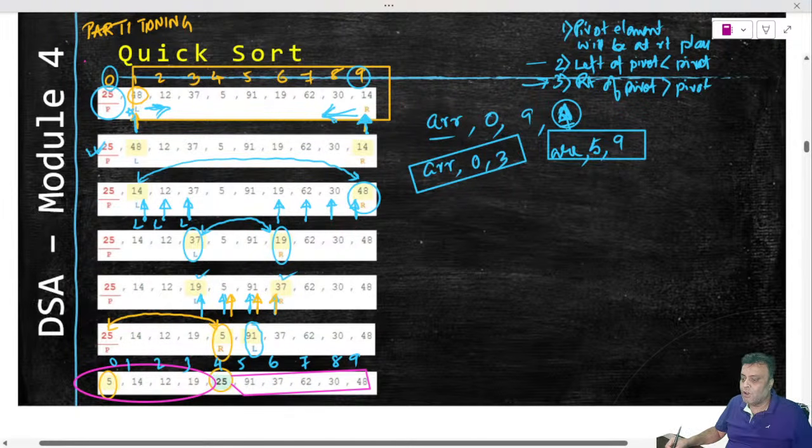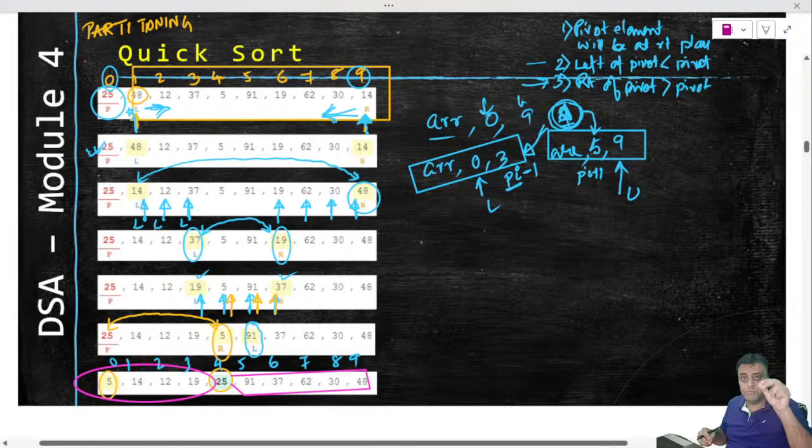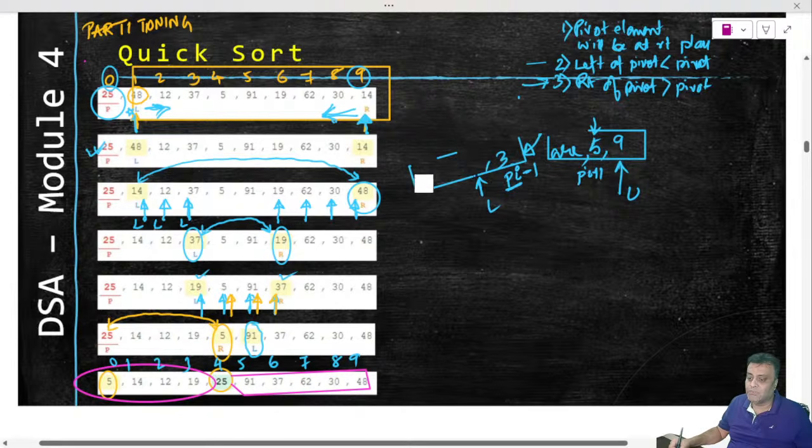So you see, from this 4, I can easily decipher 4 minus 1 is this 3 and 4 plus 1 is this 5. The rest, lower bound and upper bound, I have kept as is. This is my lower bound, this is my upper bound, and this is what we call pivot index minus 1, and this is pivot index plus 1. If somebody tells me the pivot will be at this position, I can easily split it into two halves and call it again. It will tell me one more index, and I will keep on doing it till there is only one element. This is the essence of the quick sort mechanism.